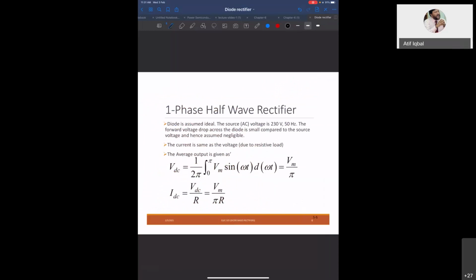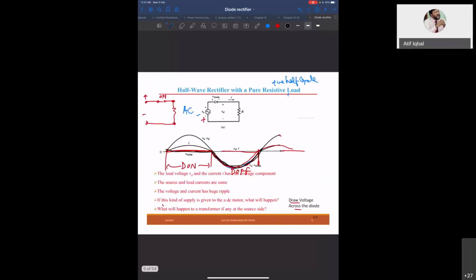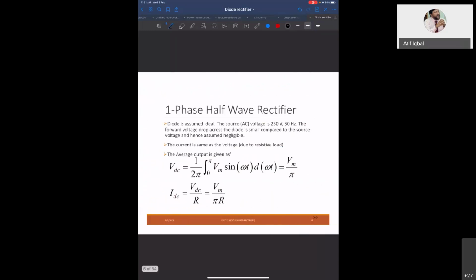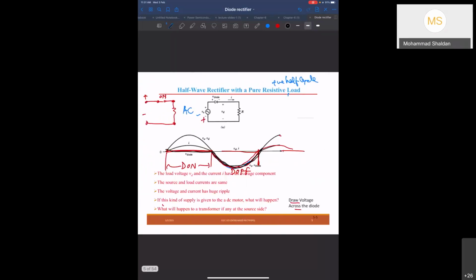And so what is the output DC voltage? Doctor, isn't it a normal diode, not a power diode, or is it a power diode? You see, this is the operation. Whether you are using a power diode or a signal diode, the operation remains the same. The only thing is that the voltage drop will be different, like 0.7 in the case of a signal diode and 1 to 1.5 in the case of a power diode. But the operation and the waveform remain the same.